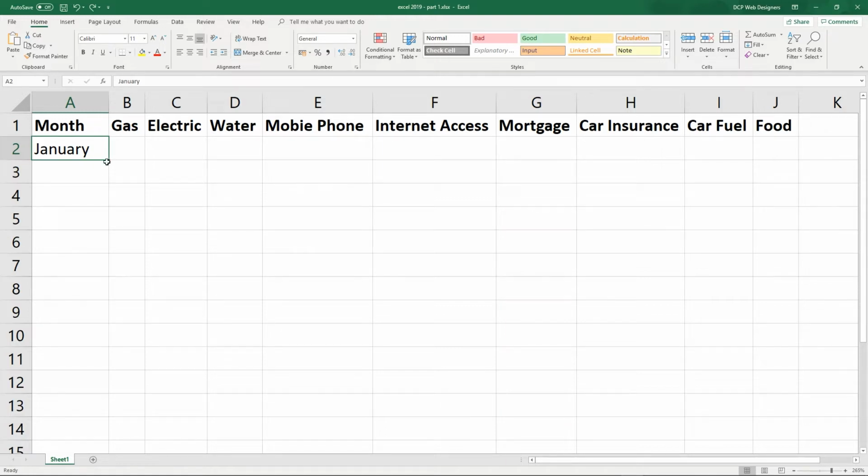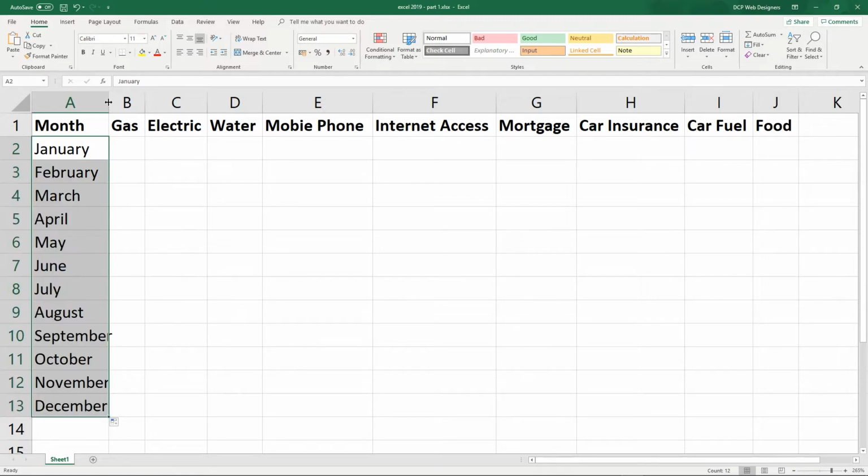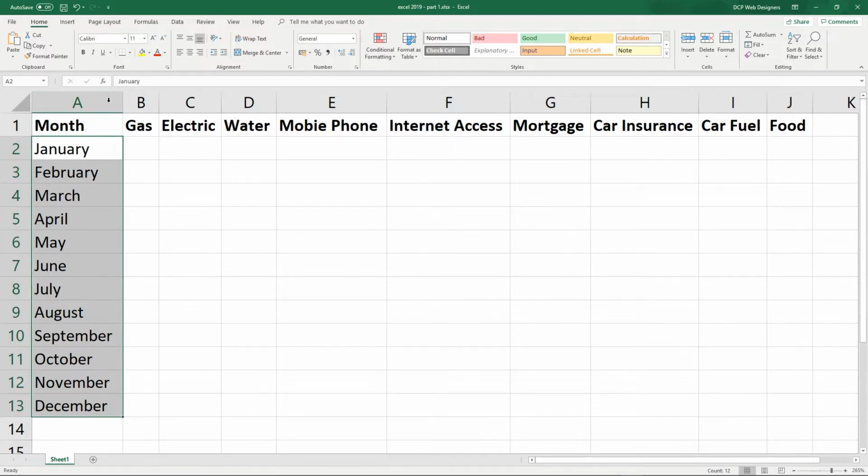So let's series fill this one more time. I'm going to click here, drag all the way down to 13. That's that done. And if I just move my mouse cursor here between columns A and B and double click, it's going to resize it so that it all fits in nicely. Now,